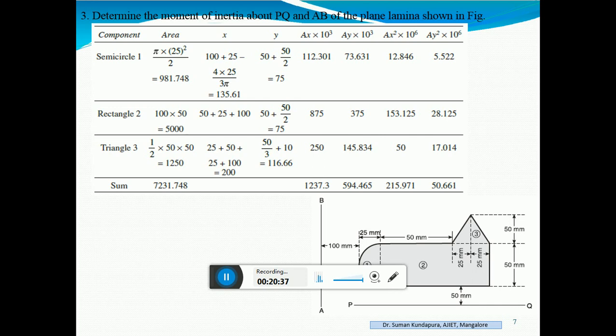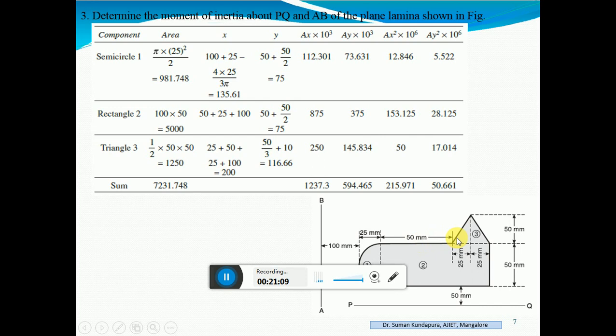This is similar to our reference axis I11. So this becomes your I11. This is nothing but your I22. So the formula still remains the same. We should adopt the same procedure. Now this figure is not symmetrical about the x or y axis. So simply split it into the known geometrical shapes: one is a semicircle, one a rectangle and one more a triangle.